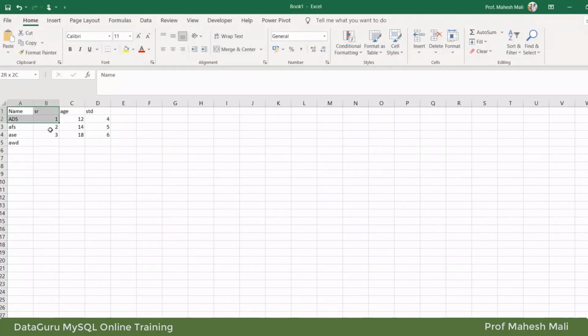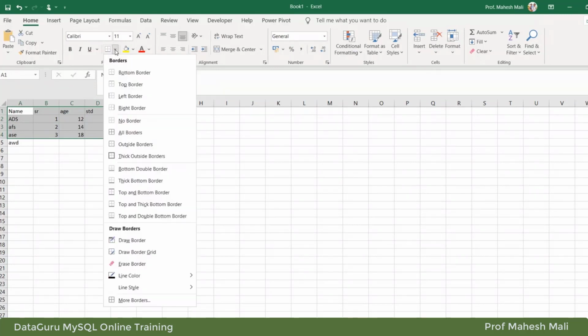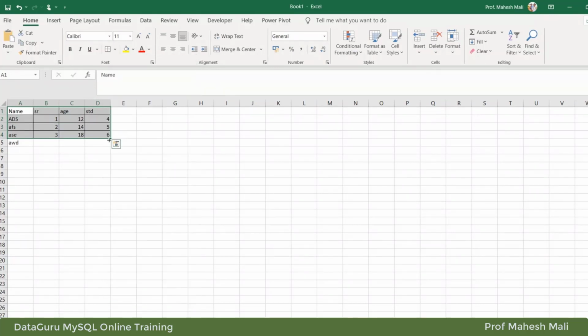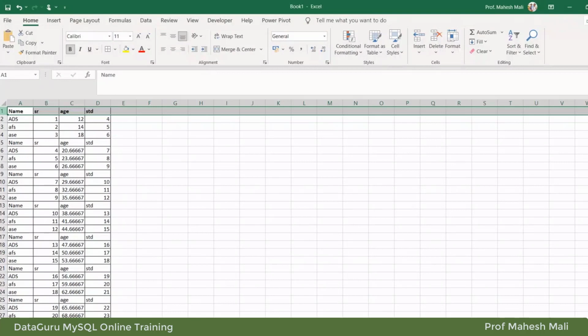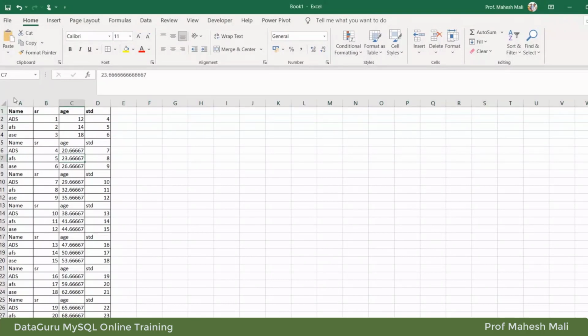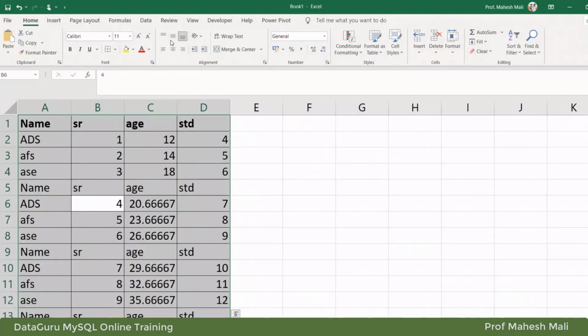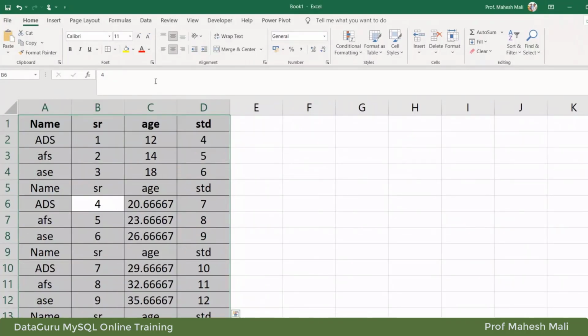So if I have written this, I can give borders to it and I can just click over here and stretch it. See, automatically it will give some values. Just to make this table big, nothing else. I've made it bold, and just in order to show it visibly, I am increasing the size.